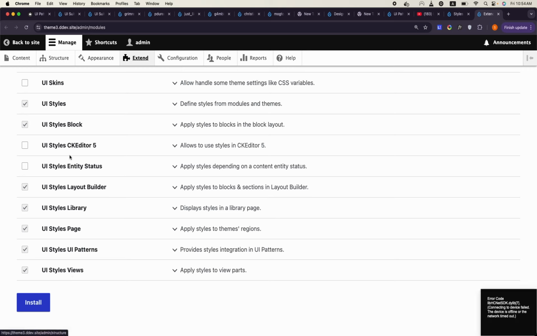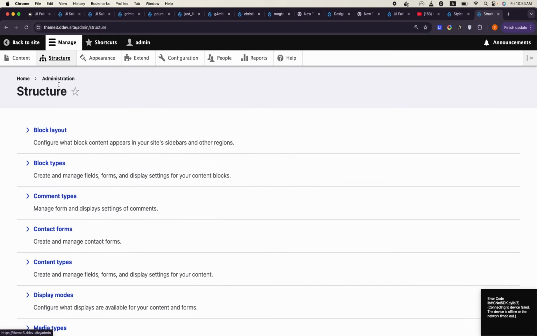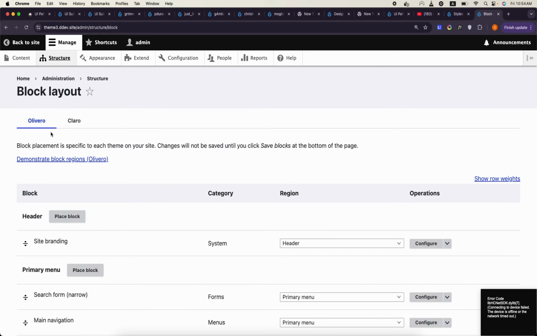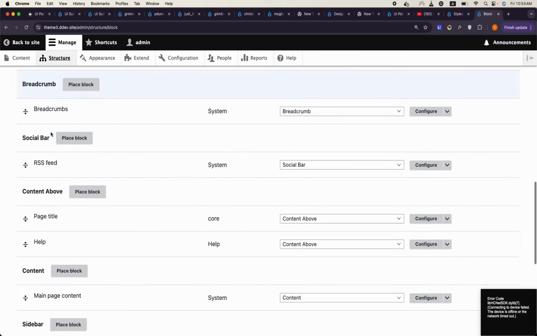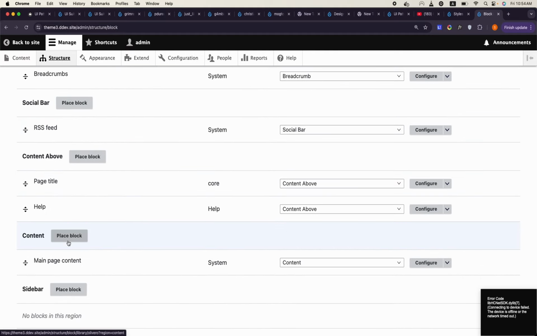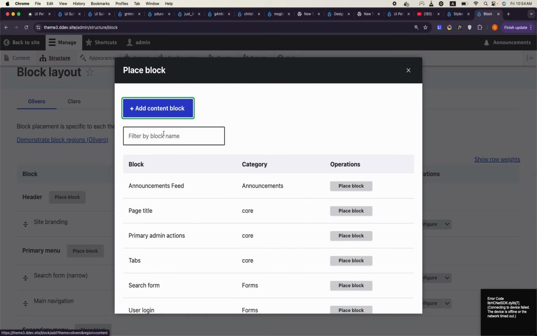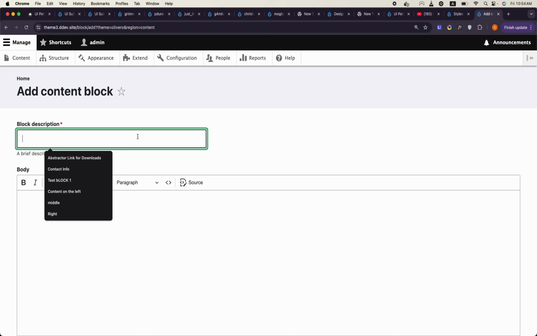So to check what this UI Styles Block does, we'll go to Structure, Block layout, and maybe we are going to add a block somewhere in the content region or anywhere we want. So if I click on block, and maybe I can just click on add content block, test block,